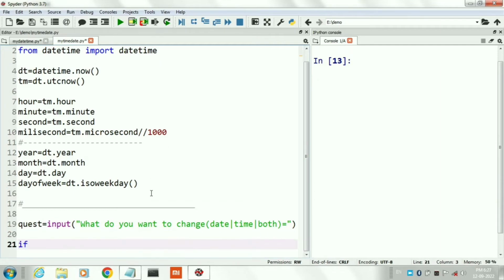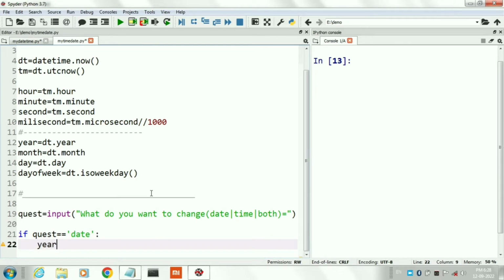If user wants to change system date, then he will have to enter year, month, day and day of week. Here I am using if else for entering choices.